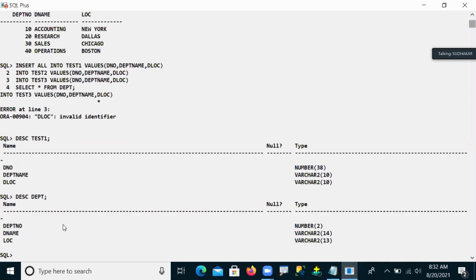So that means here we want to take the same column names. One second, guys. Maybe in the 19th it was changed or what? So now let me create the same structure. Maybe the same column names are also accepted. Create table test11 as select star from DEPT.